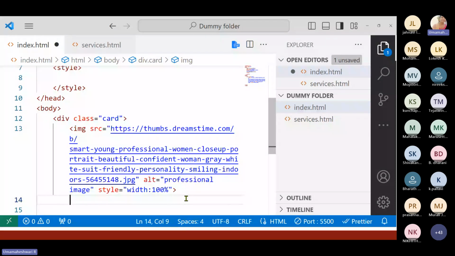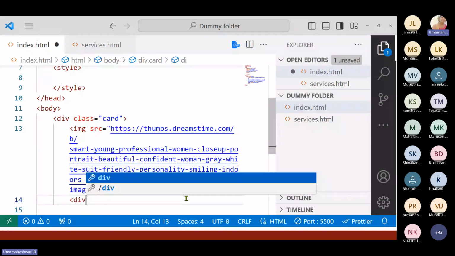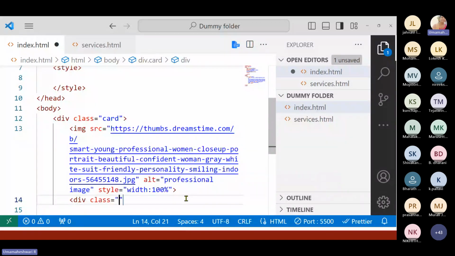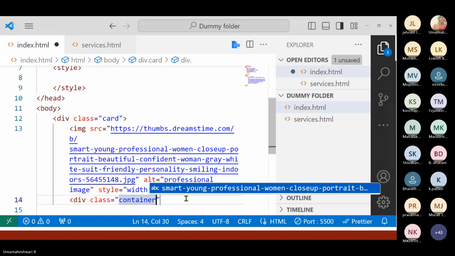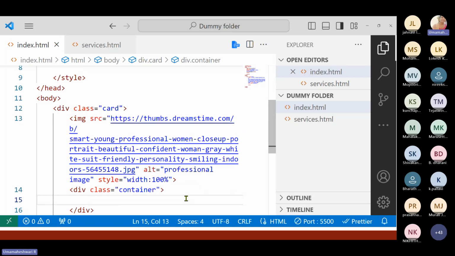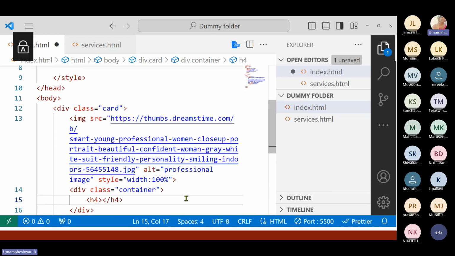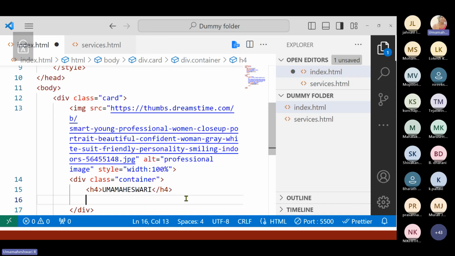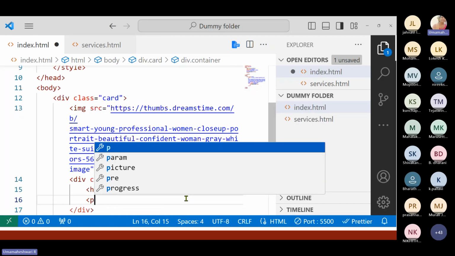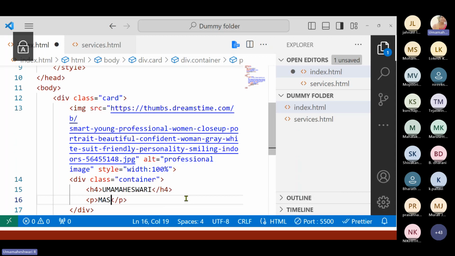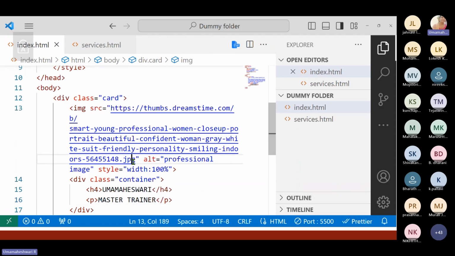Okay, next I'm creating one more container. Div class is equal to container. And then heading 4, I'm just giving a name. So let me give my name, and then I'm adding my profession. Let me give it as master trainer. Okay, clear. So this is how I've created it. So next,